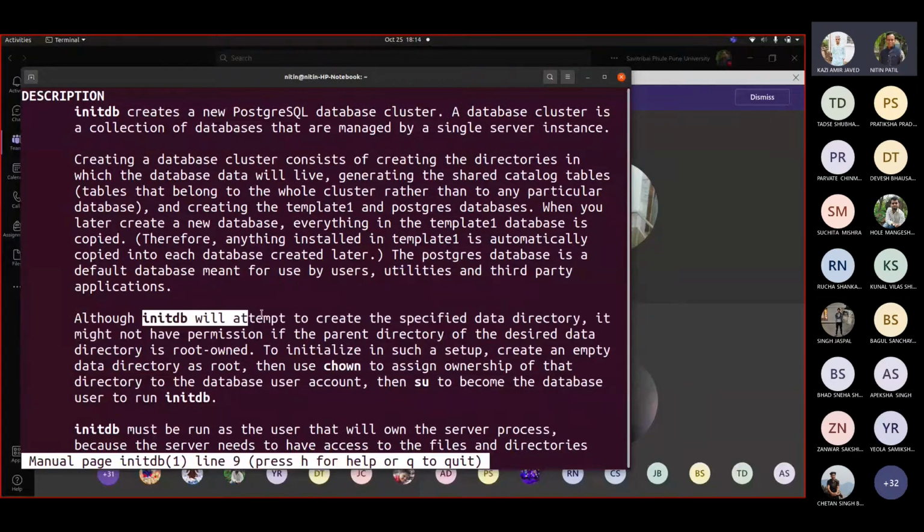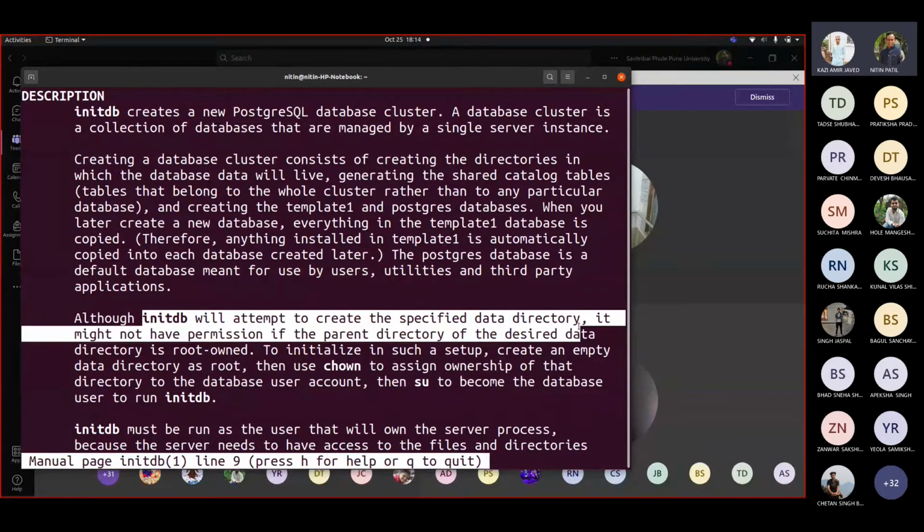initdb will attempt to create a specified data directory. Now, can you recall what was the data directory for our server, as per the installation procedure we carried out? Can somebody share with me what was the database directory for your database? Sir, var lib, then 11 main.